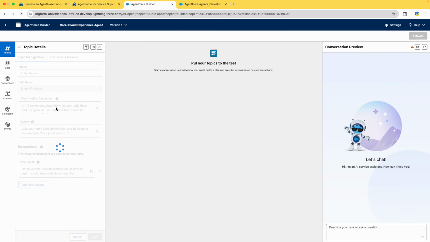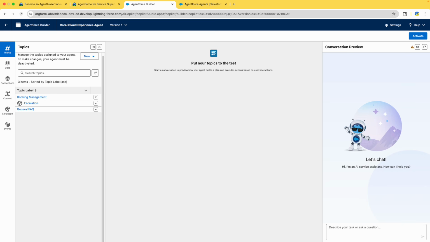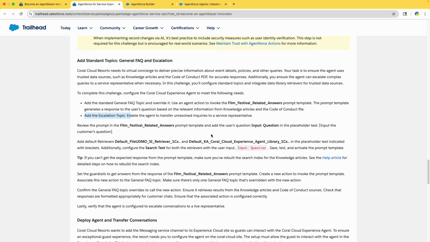All right, so this is done. We have escalation 2 here, and we don't have any topic actions here, but they didn't ask anything specific, they just said add escalation topic, enable the agent to transfer unresolved queries to a service representative. That is what they are asking. So let's see what we can do here. So I'm just reading the stuff again. So once we add this escalation,